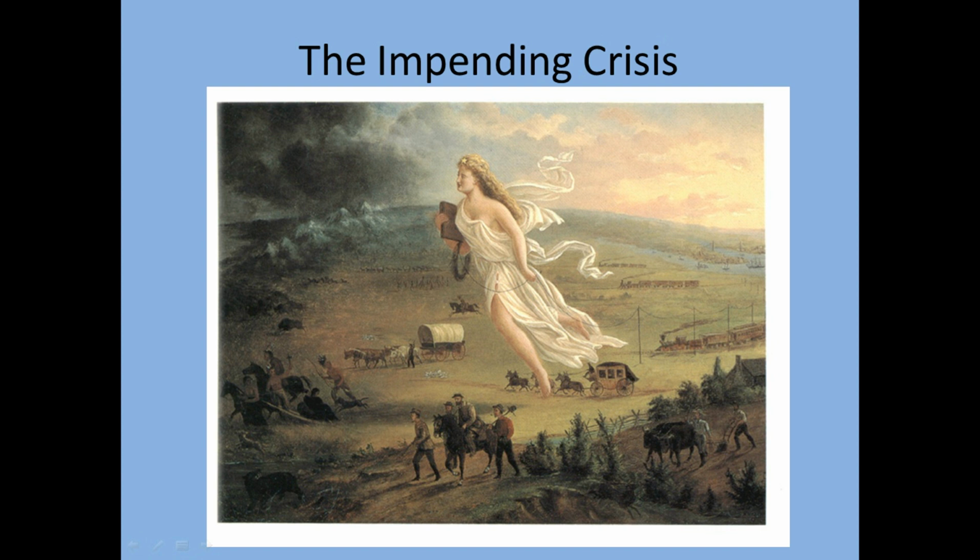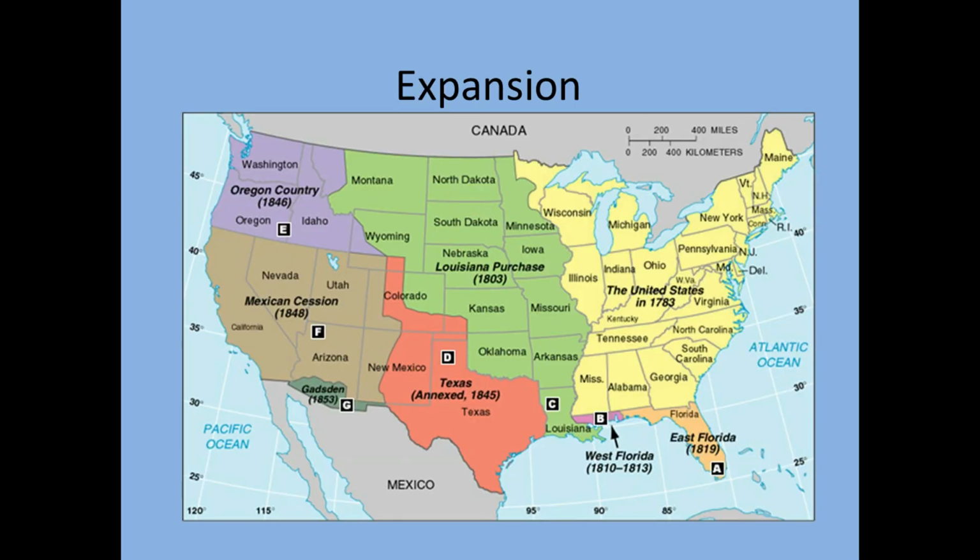We're going to talk a lot about this painting, by the way, in class, so soak it in. This painting is called Destiny Leading the People, and we usually associate it with that idea of manifest destiny, which we'll talk about. In the 1840s, we're going to add 1 million square miles of land. And we are more or less going to end up with what is today the mainland contiguous United States. That means everything but Alaska and Hawaii.